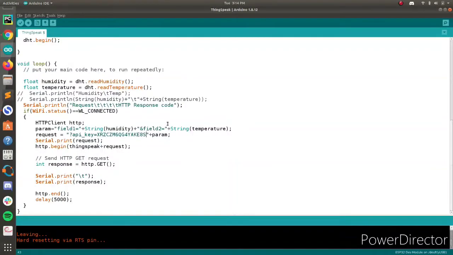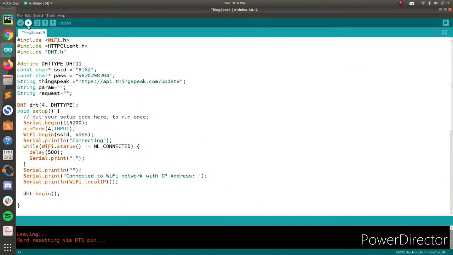And in the parameters we're going to be sending field 1 as humidity in string form and field 2 as temperature in string form. We're just going to send a GET request with those parameters, and yes, we're going to be ending each and every time and give a delay of 5000 milliseconds. So this goes on and on, and let's just upload this